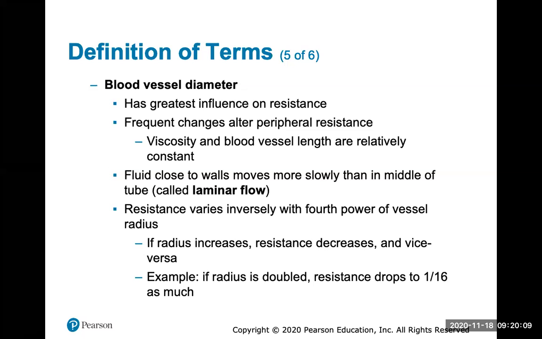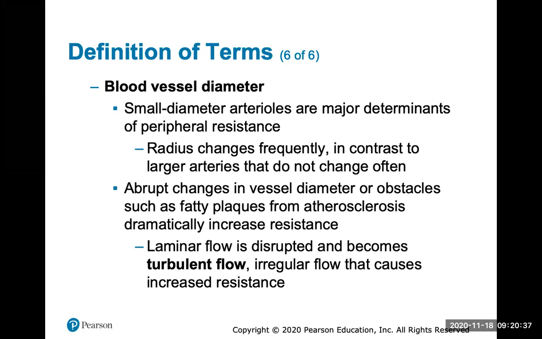There are frequent changes that will alter the peripheral resistance. The fluid close to the walls will move more slowly than in the middle of the tube, and this is called laminar flow. The fourth power of the vessel radius matters greatly. Arterioles are the major determinants of peripheral resistance. Their radius changes frequently, in contrast to larger arteries that do not change as often. Abrupt changes in vessel diameter or any sort of obstacle, like a fatty plaque from atherosclerosis,